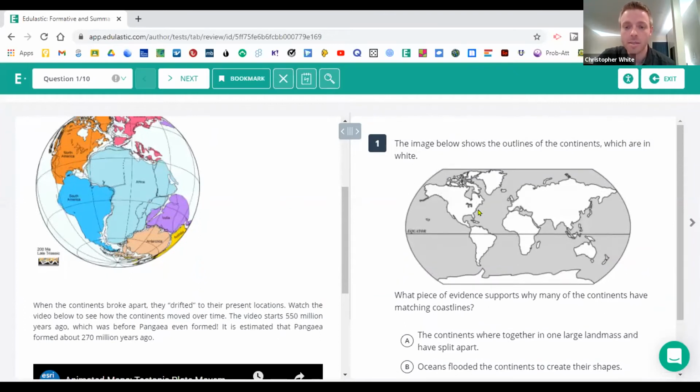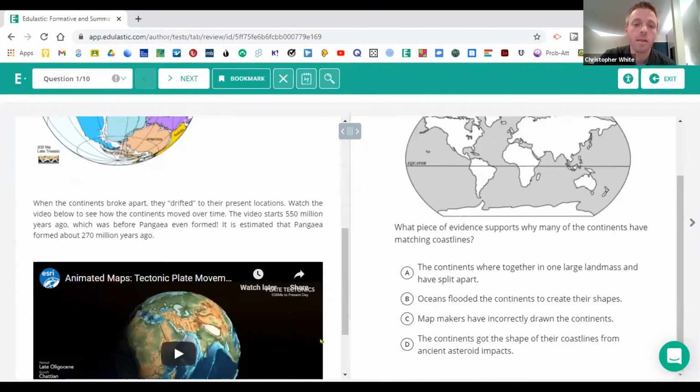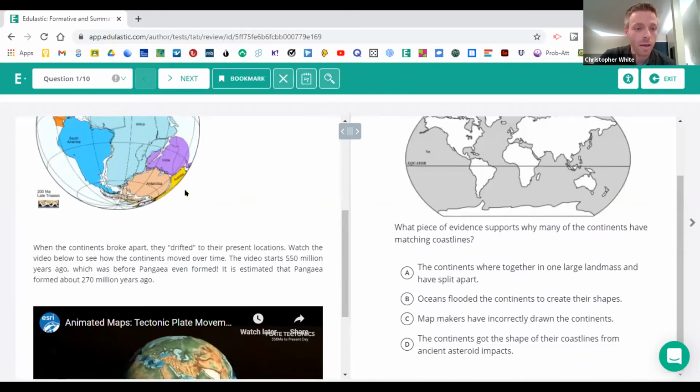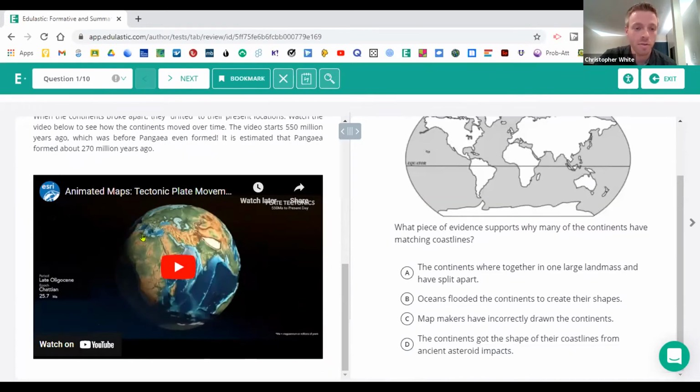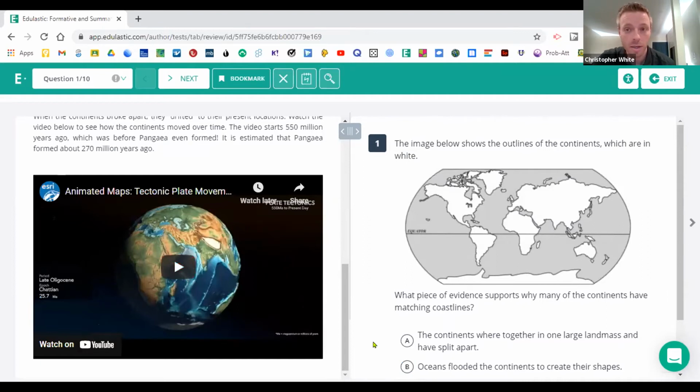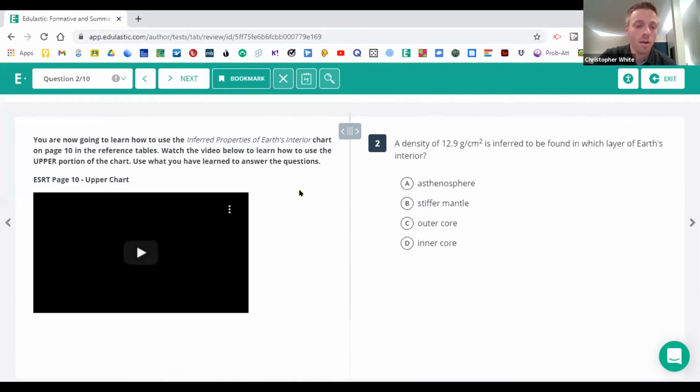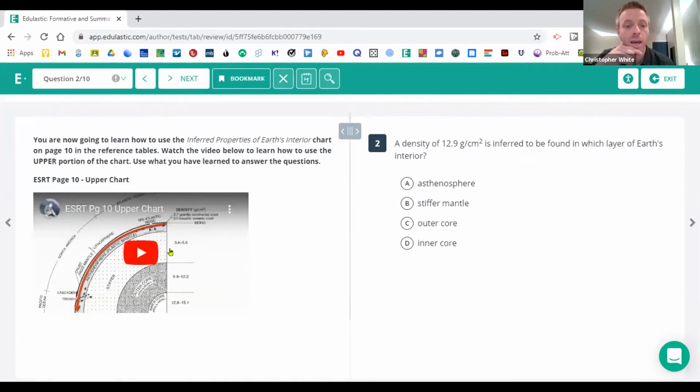And on the right-hand side, you can see an understanding check. They would access the content on the left-hand side, either in videos or reading or diagrams or pictures. For example, there's a video here showing continental drift. And on the right-hand side, they could do a quick little understanding check that I could use to assess their understanding. Another type of question, you could just provide a video. We have reference tables that we use often in our science and in our instruction, and so you can teach through that process just using a video that you could create for yourself, plop it into Edulastic, and of course have some sort of understanding check question go along with it.